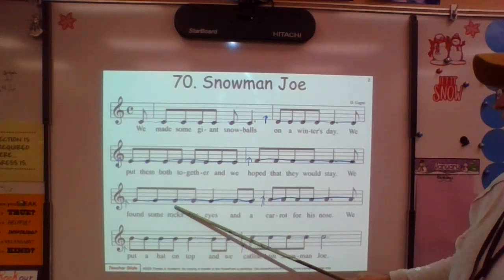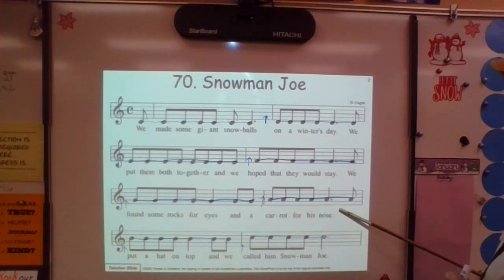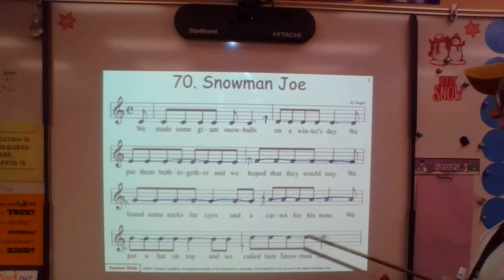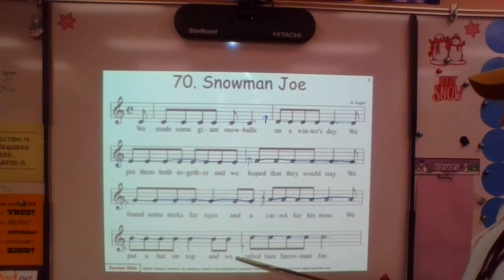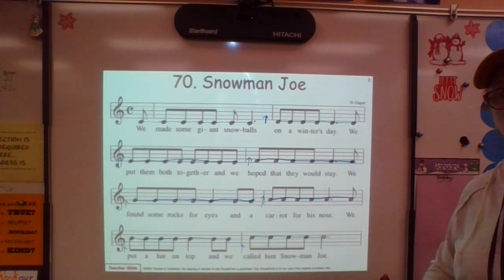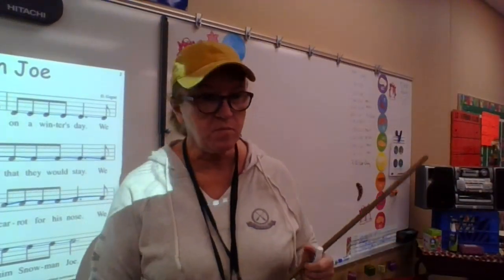We found some rocks for eyes and move up another note. Carrot for his nose. 1 more note up higher. We put a hat on top and higher. Called him Snowman Joe. And if we're looking, I'm going to move this over to here to our little circles